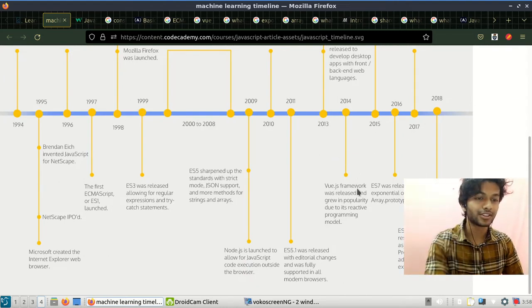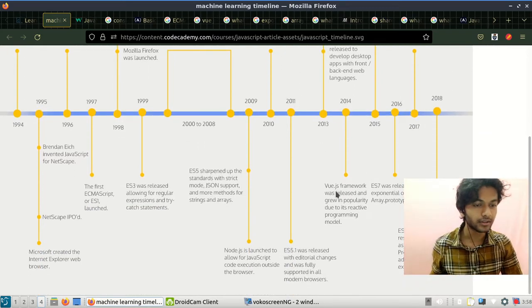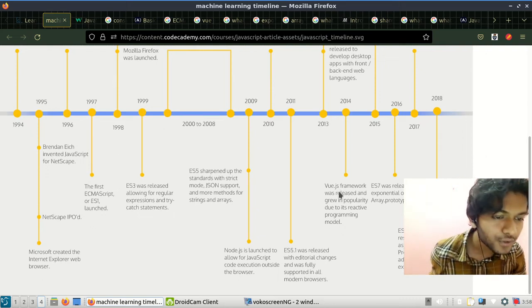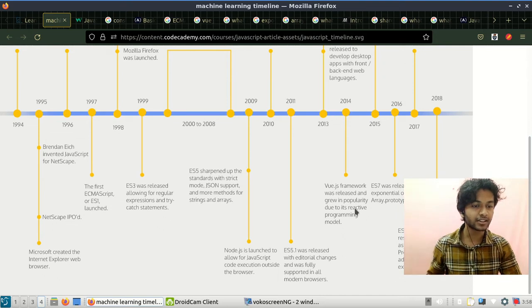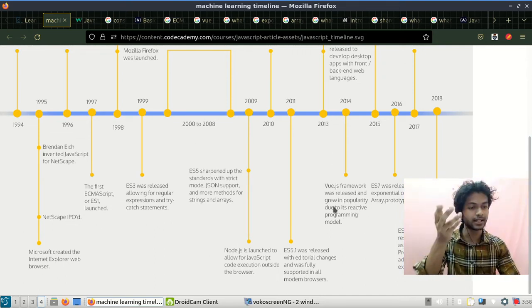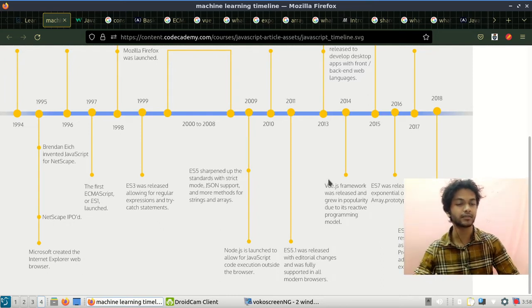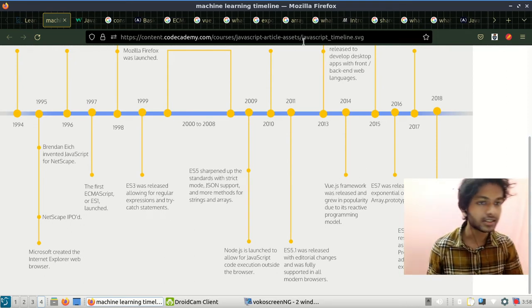In the year 2014, Vue.js framework was released and grew in popularity due to its reactive programming model. Reactive समझ में आ रहा है ना, कि रियल टाइम में अपडेट्स को रिसीव करना, रियल टाइम में चेंजेस क्रिएट करना, या फिर चेंजेस क्रिएट करता हुआ ऑब्जर्व कर पा लेना, या फिर डेटा को रियल टाइम में सेव कर पा लेना। Vue.js क्या है वो देखते हैं अब।